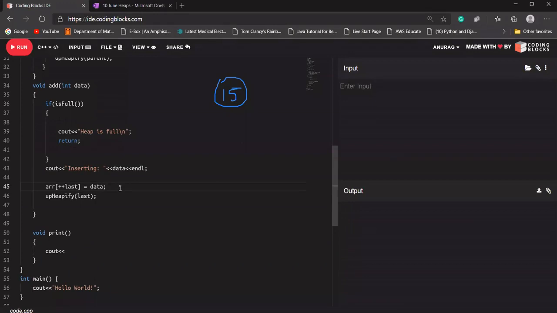Yes, the child node will be created by default. Ashish, see here, it is index 0, because we are doing it with the help of an array. Let's say I am adding some value here, and these two values are already there, let's say 10 and 12. This will be index 1, this will be index 2. If I want to add one more data, last is currently pointing to this last node.